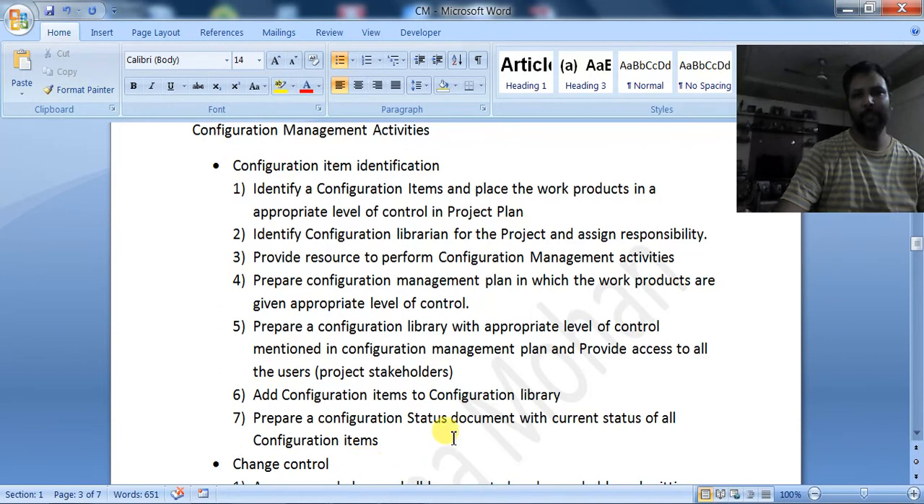Prepare the configuration status document with the current status of all the items. I told you there will be a document called the configuration item register, and the configuration status register will also be there, where the current status of the configurable items will be maintained. Whenever changes come, we will be changing the document, so different versions will be there, and those versions should be maintained. First it was 1.0, then 1.2, 1.3,